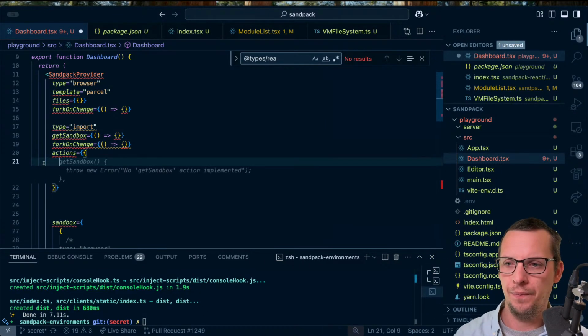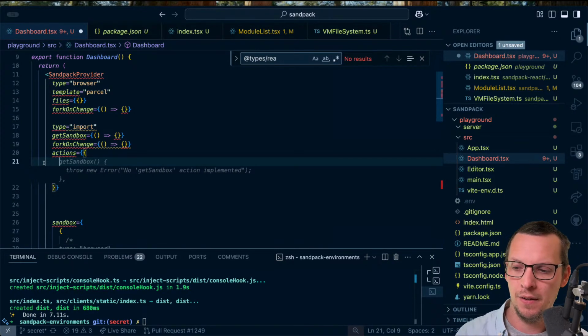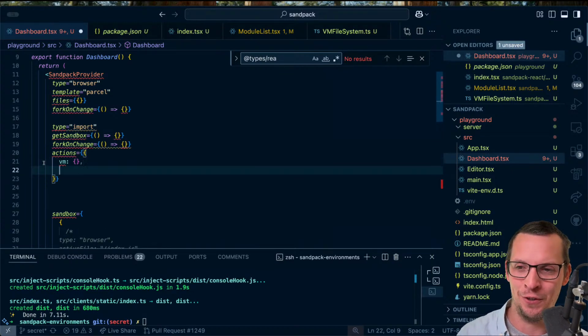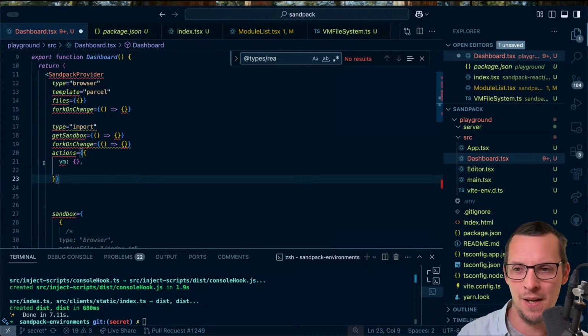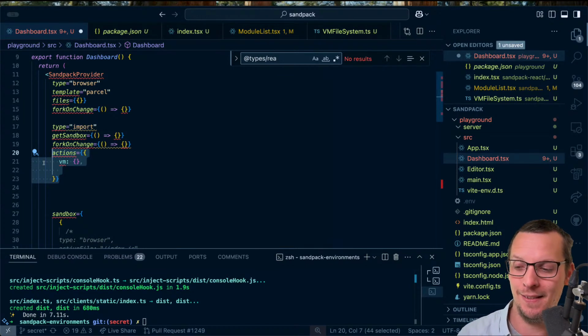So the right way to do it is kind of like, if it's a VM, you have certain actions. What are the actions if it's a VM? There aren't any actions. That's the thing. There aren't any actions when it's a VM because they're just inherent. But if you need to persist the changes,